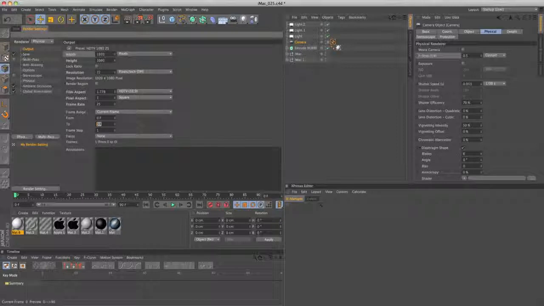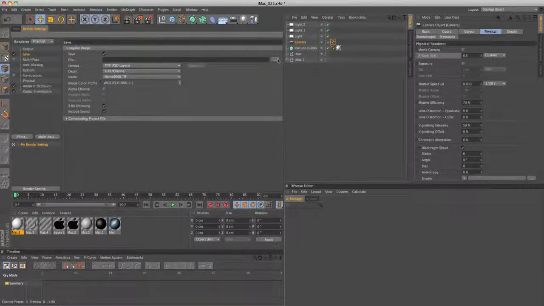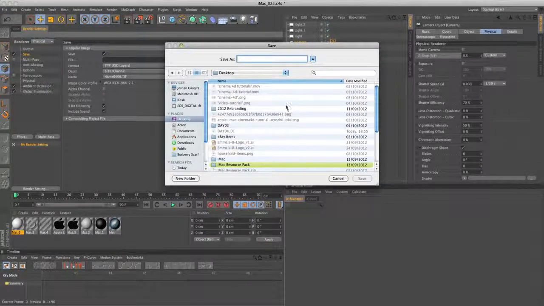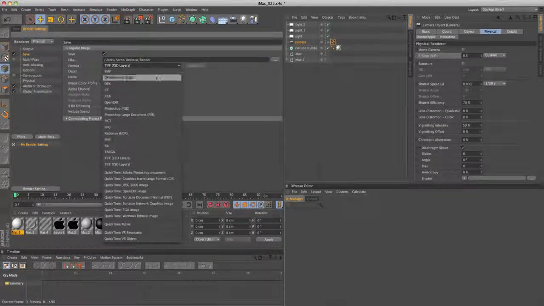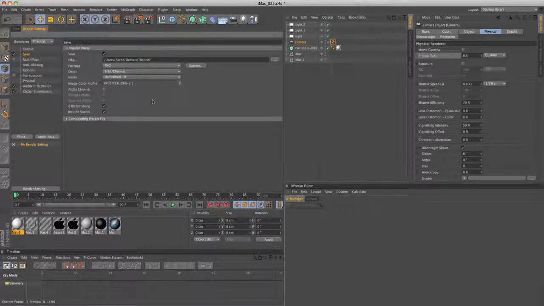And with all that checked, you want to come up to save, and if you select file and then hit the button and select desktop, and you save this to wherever, so we're just going to call this render, and then hit save, and then that will be rendered to the desktop. And then the format, you can choose whatever. You could have a JPEG, or I always like to work with PNG, portable network graphic. The depth we want to keep at 8-bit channel for now, and with all that checked,